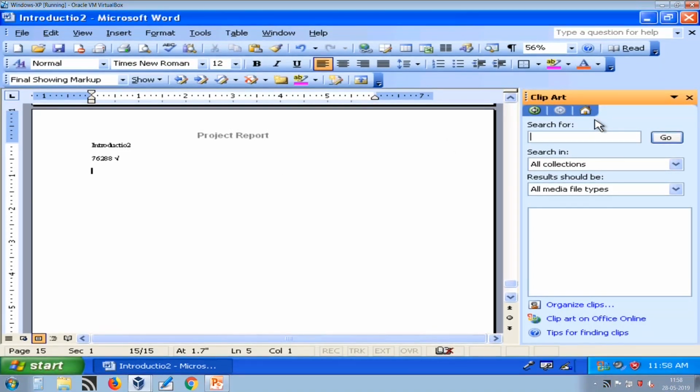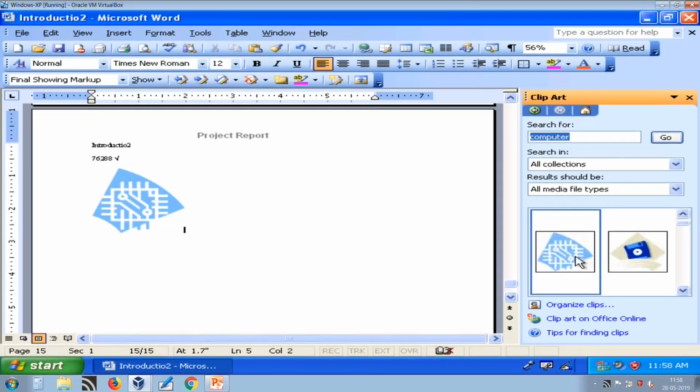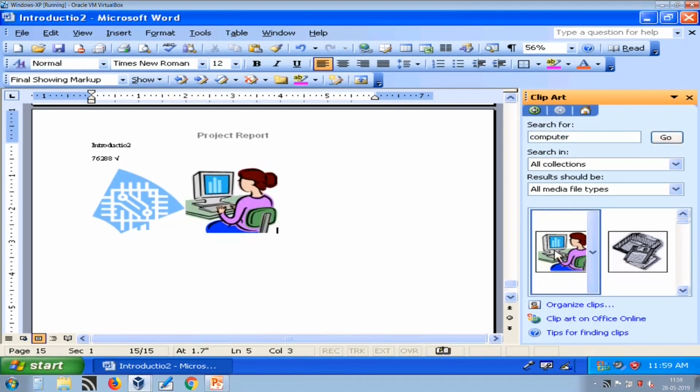Here you can search for a picture which is clip art. It is currently searching for clip arts which match computer. I can use this clip art; I just need to click on it.